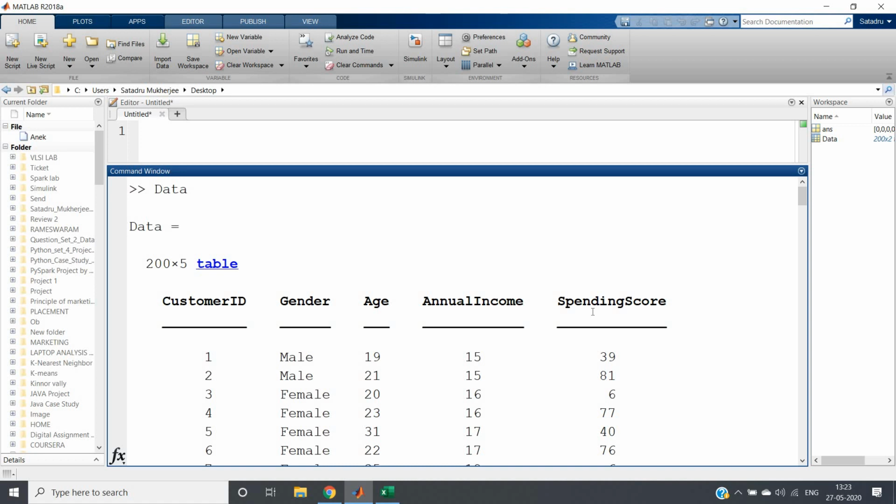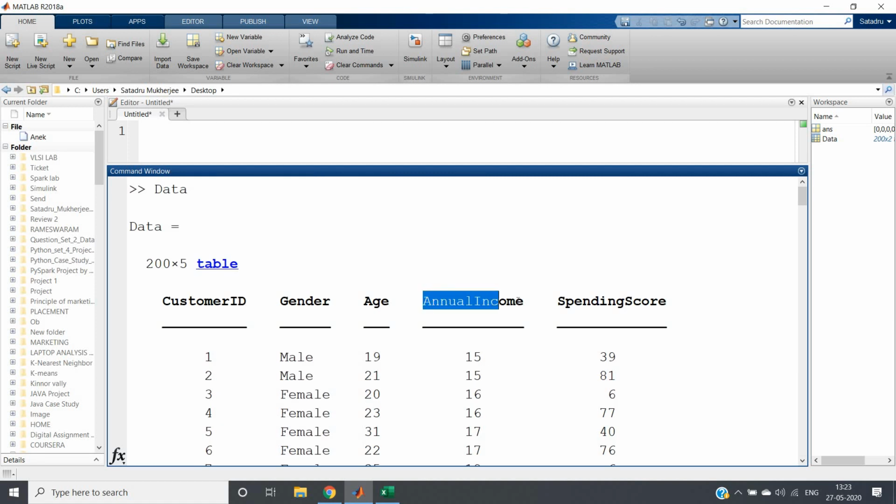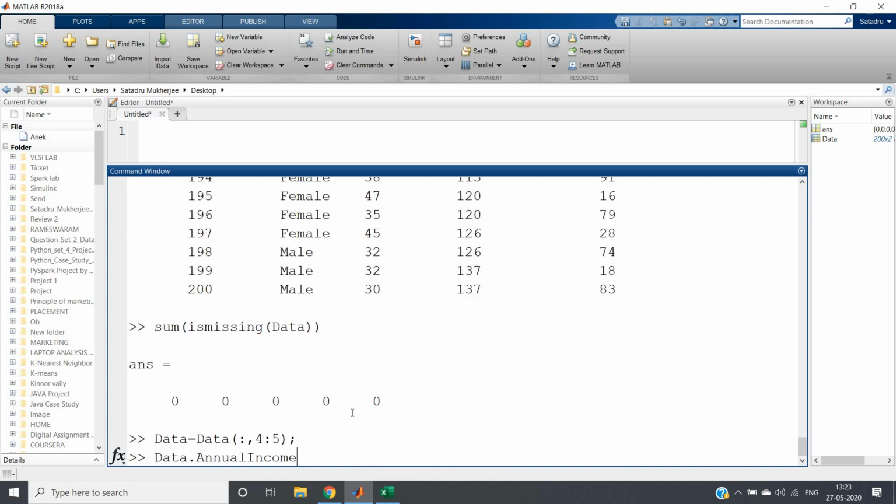So we can do feature scaling. I have shown you two types of feature scaling. One is normalization, another one is standardization. Here we will apply standardization because, as I told you, most of the time it gives a better result. So what are my two columns actually? data.annual income equal to, what is the way to standardize? Subtract the mean from each data point and then divide by the SD, that is the standard deviation, divide by std, the standard deviation of this particular column.